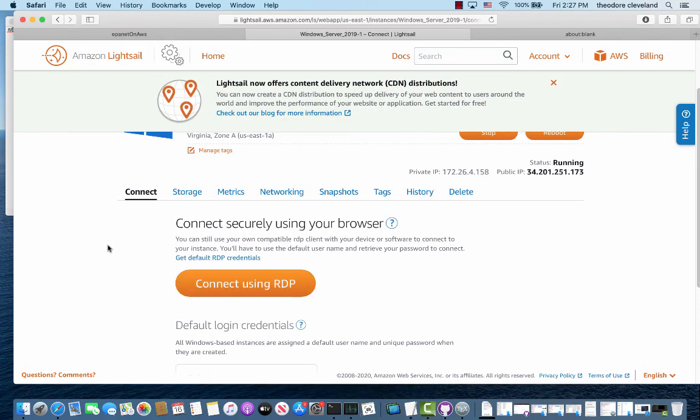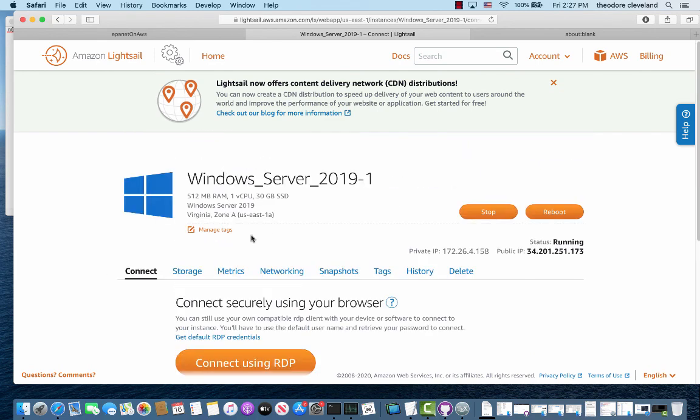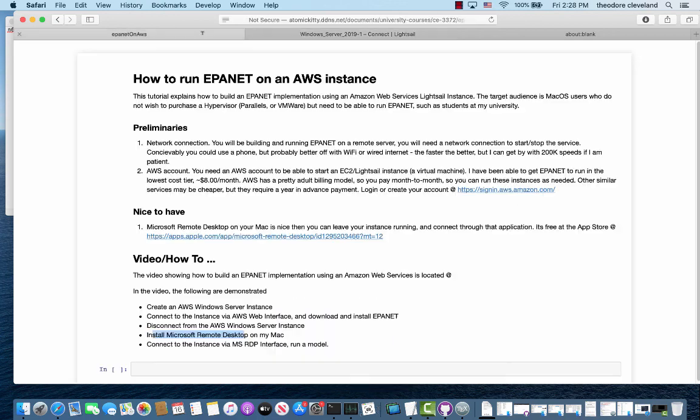So now we are disconnected, but that instance is still running. It's waiting for interaction. So the current address of that is 34.201.251.173. And later on you can change that using a domain naming system server. But I'm going to copy that address, and we'll move on to the next part of this video, which is to download and install remote desktop on a Macintosh. So bear